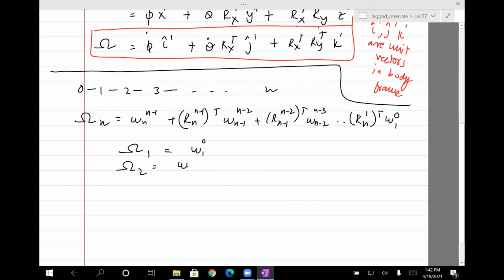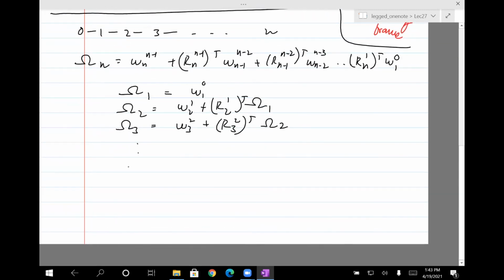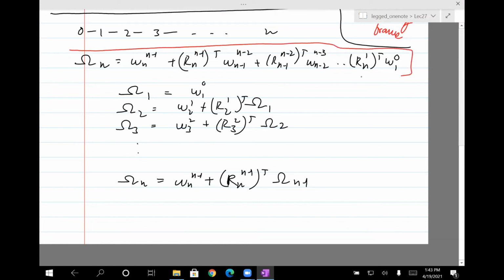Phi 2 is omega 2, 1 plus R2, 1 transpose phi 1. Phi 3 equals small omega 3, 2 plus R3, 2 transpose phi 2. And just keep going to reach phi n equals omega n, n minus 1 plus Rn, n minus 1 transpose phi n minus 1. Okay, so you can use either of them, but I recommend using the second one because